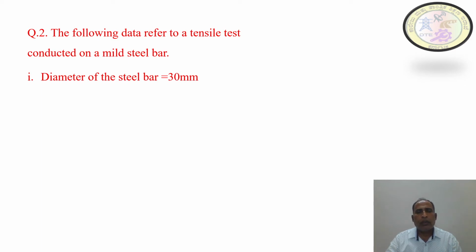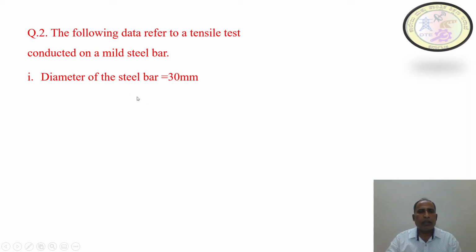The load value at different points divided by the cross sectional area will give us the stresses at various points, and the change in length at various points divided by the original length gives us the strain values at different points. These stress values and the strain values are used to draw a curve that is known as the stress strain diagram. While conducting the test, some readings have been recorded on a mild steel bar until it breaks into two pieces.